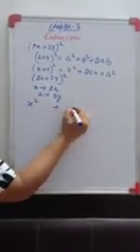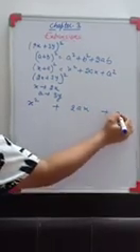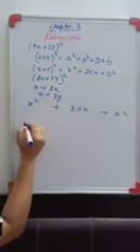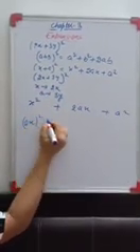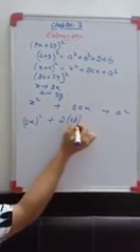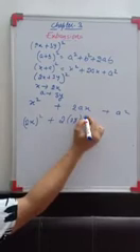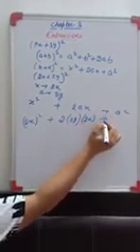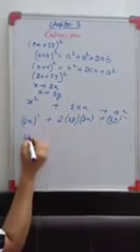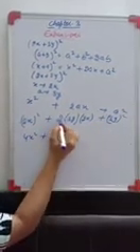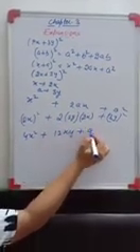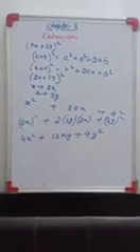x square plus 2ax plus a square. So x, when we compare, x is how much? 2x. So (2x) whole square plus 2 into a. a is how much? 3y, into x. x is how much? 2x, plus a square, that means (3y) square. Solve this one. 2 into 2, 4x square plus how much will it be? 12xy plus 9y square, right?